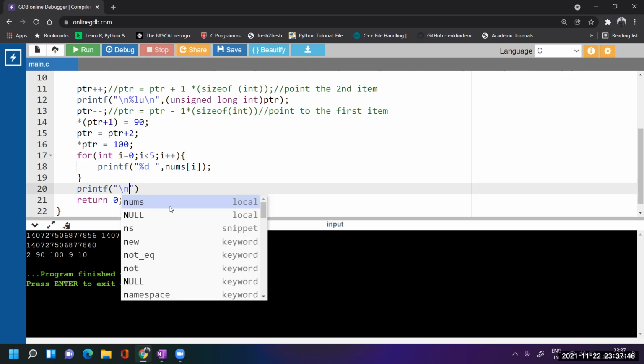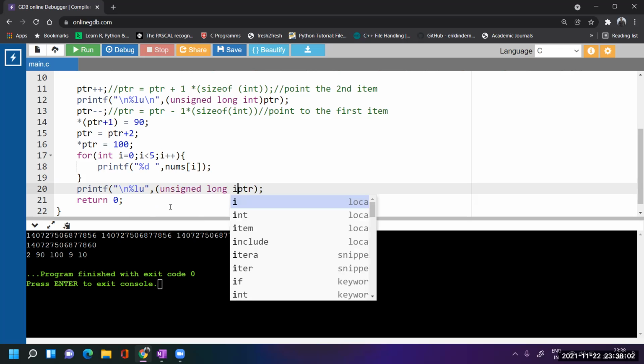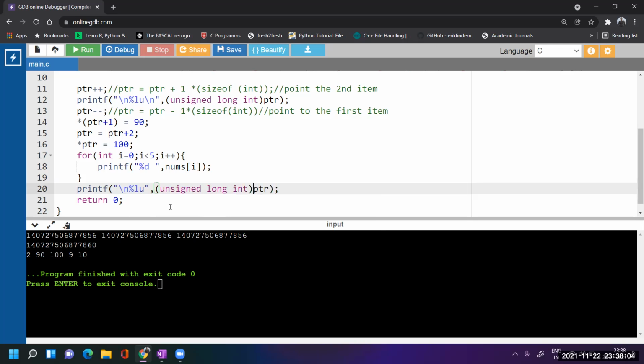I want to print the value of the pointer. So I am using %lu, and I am just writing PTR. So it also needs typecasting: unsigned long integer, sorry.